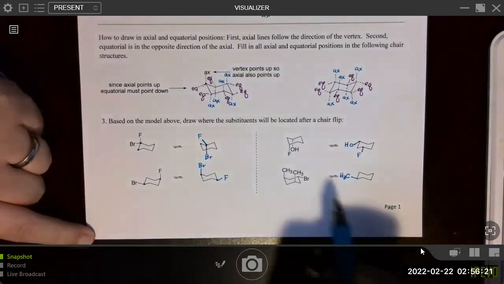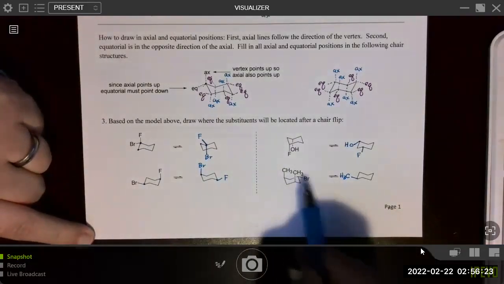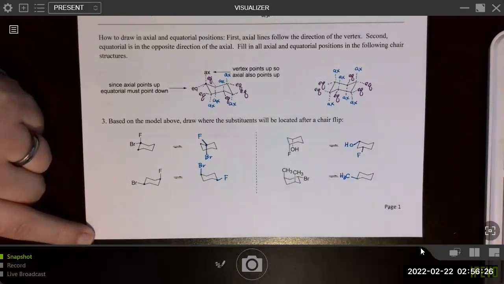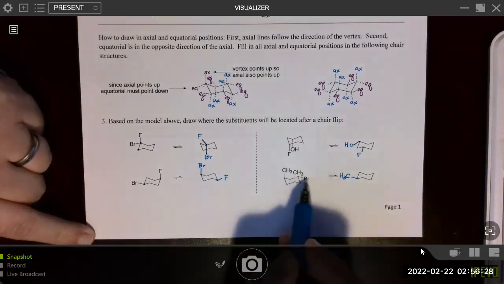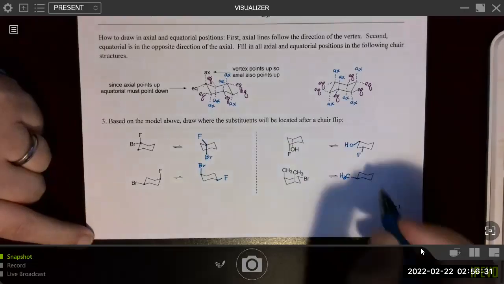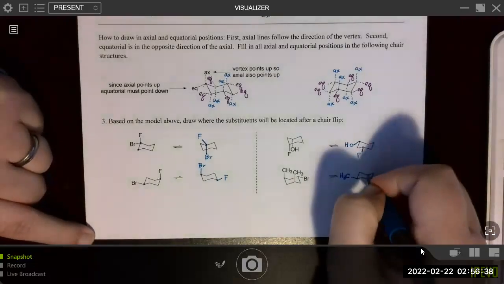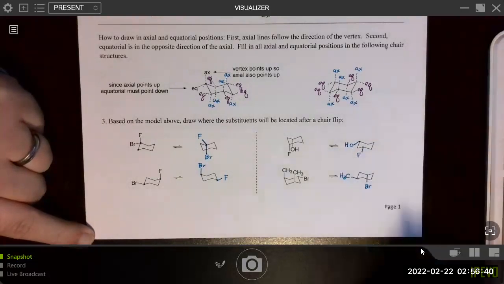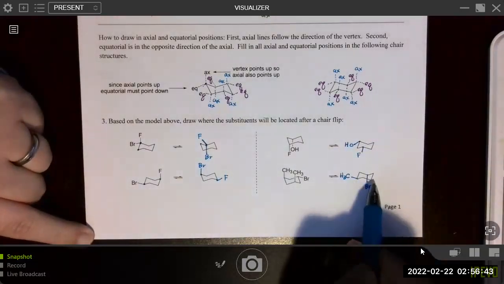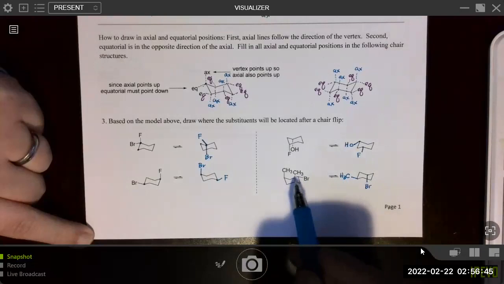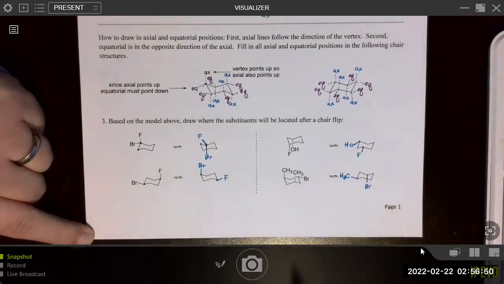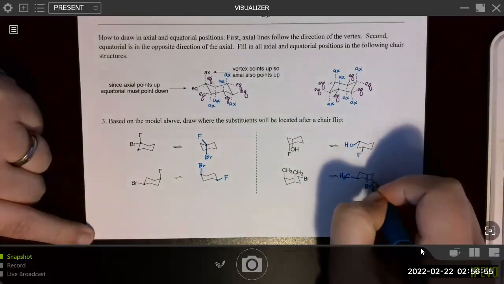Right, and then if I'm going sort of clockwise, after 2 carbons, I get to a carbon with a bromine that's equatorial and down. Okay, so 2 carbons going clockwise would be this one. And I need my bromine, again, now down and axial. And then 2 more carbons going clockwise, and we'll end up at the other carbon with a methyl. Right now it is axial and up, so it should be equatorial and up after the flip, which would be here.